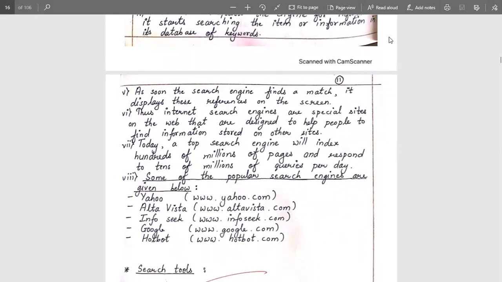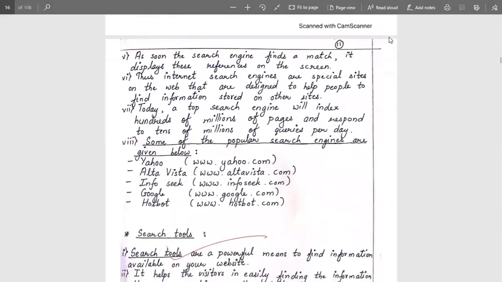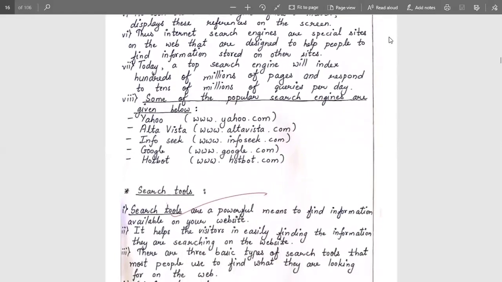Today, a top search engine will index hundreds of millions of pages and respond to tens of millions of queries per day on the basis of keywords we fetch. There are some popular search engines. These are Yahoo, Infoseek, Google. We are familiar with Google, Yahoo, and some of these now.